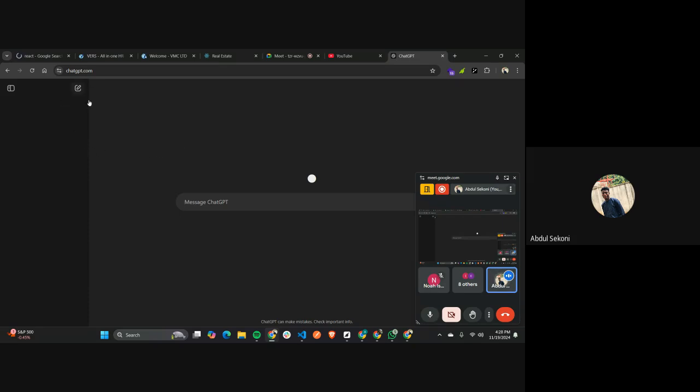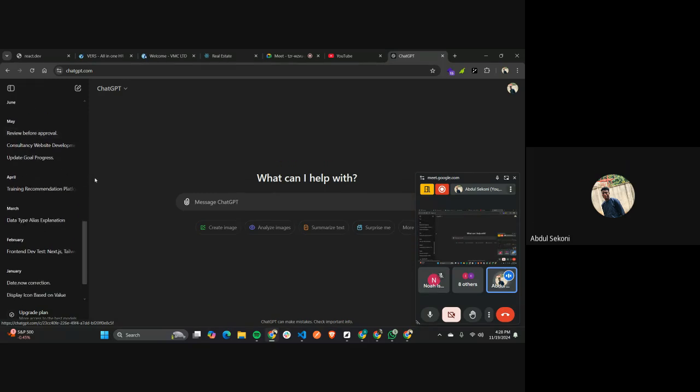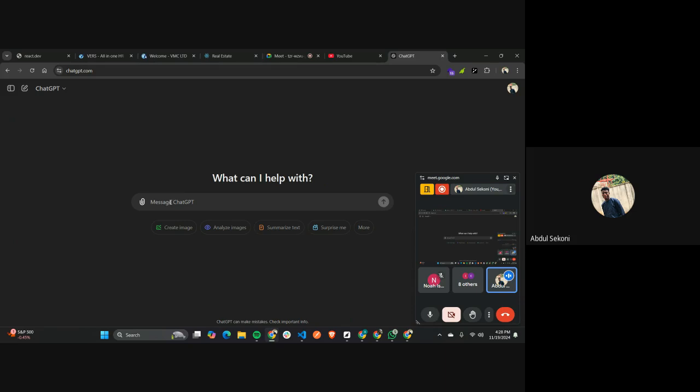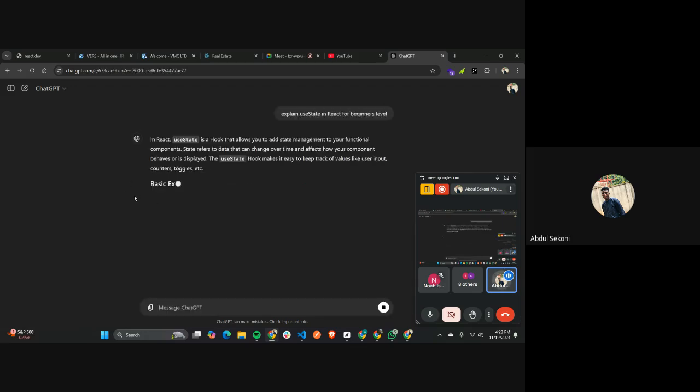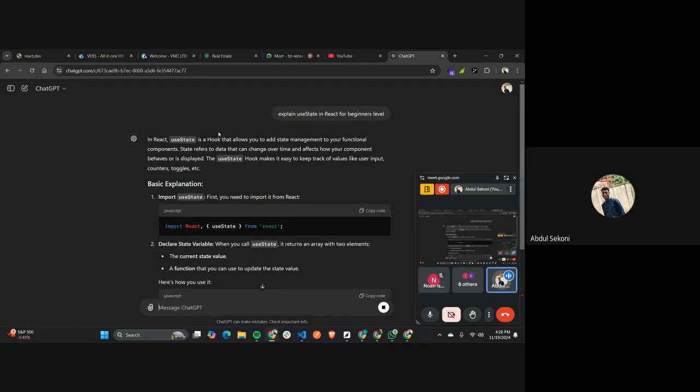So let's use our good old ChatGPT friend. Let's see. Explain useState in React at beginner's level. Okay, let's do this. Now ChatGPT is explaining what useState is, and it says useState is a hook,